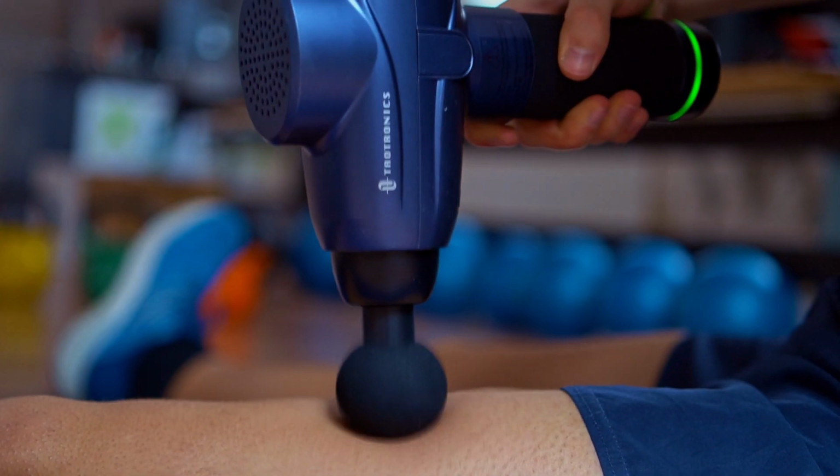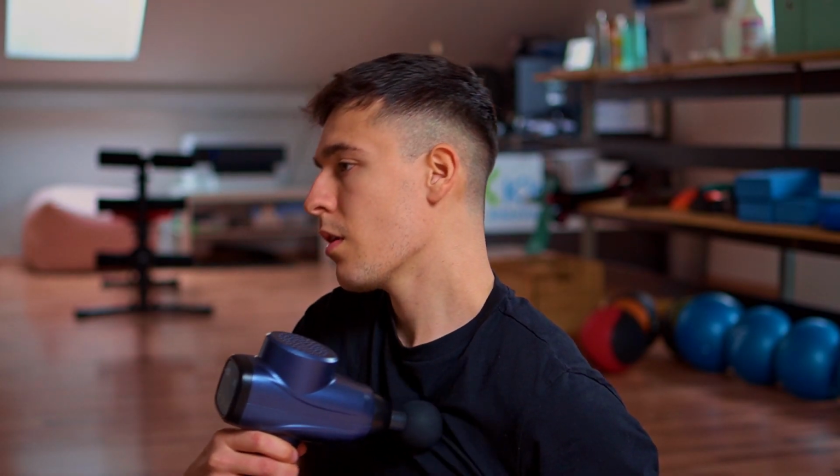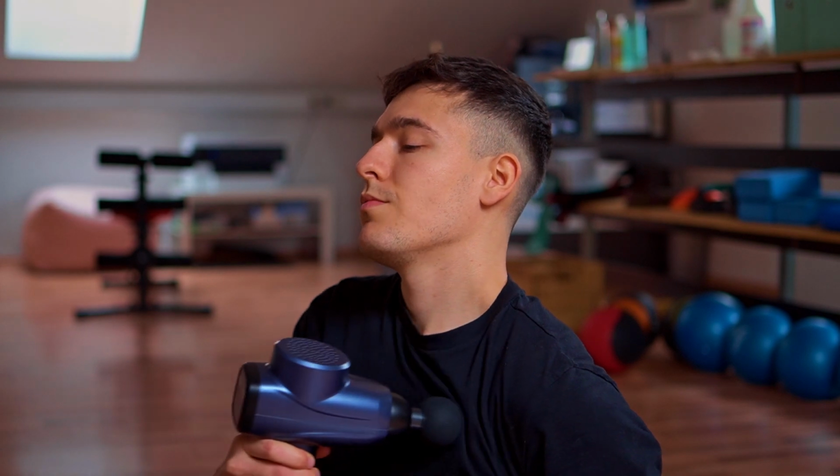Technically, these are great for breaking up muscle knots, different tight spots or adhesions, which can help us with better recovery and make us more relaxed and improve our posture, or can be used to warm up properly before exercises. In any way, this can reduce lactic accumulation, improve recovery, reduce muscle tenseness, muscle stiffness, and even improve functional range of motion, which if you ask me is a good deal, because if we can train in a deeper squat, in a more correct overhead press and everything, then that's a win-win situation for me,